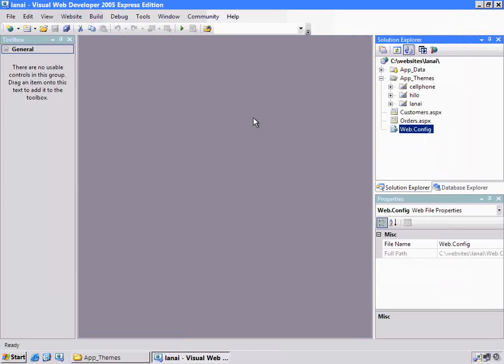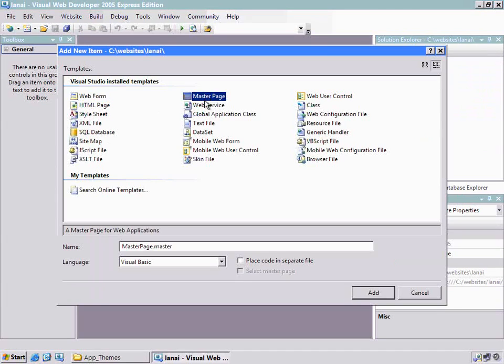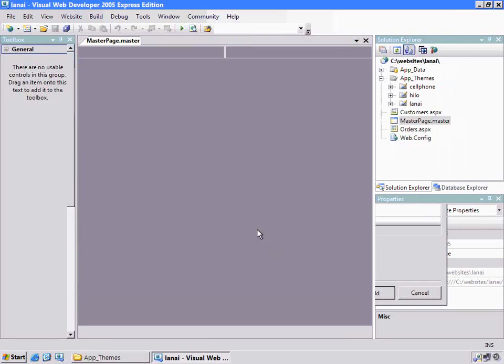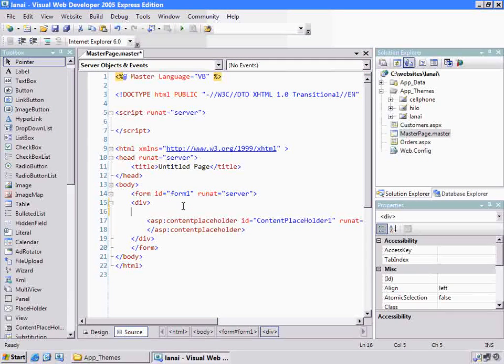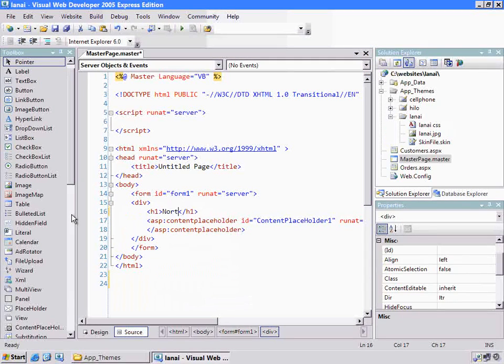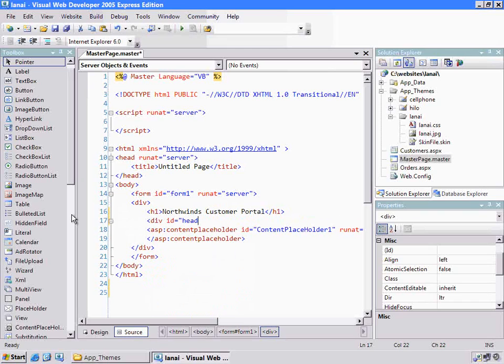Okay, now that we have themes, let's go a little bit farther and start to really flesh out the design of our site. I really want a template. And in ASP.NET 2.0, we have this concept called master pages, which serve as our overall site template. So I'm going to create a master page. Now, in this very simple website, our master page will look something like Northwinds Customer Portal, and at the top of most sites we have some kind of header,